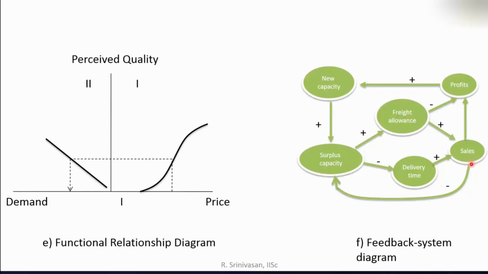What is going to be the other side? Sales and the surplus capacity many times have a relationship which can be sometimes more or less in the negative loop only. That is, sales increase. Suppose your sales increase and your profits also increase, due to this new capacity. Sometimes with the surplus capacity, your sales doesn't increase, and this can have a negative effect of the feedback. So you created too much capacity, let us say, then the sales may not come to the level that you expected. So there is a certain amount of negative feedback which may come due to the sales.